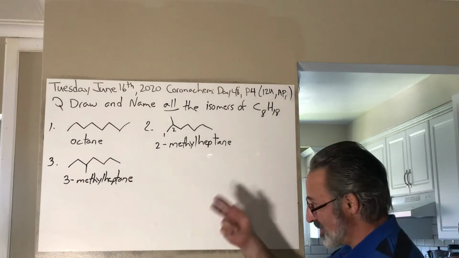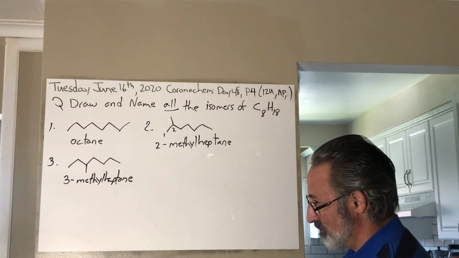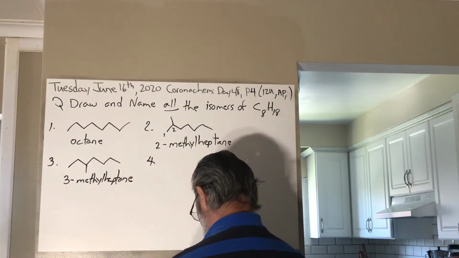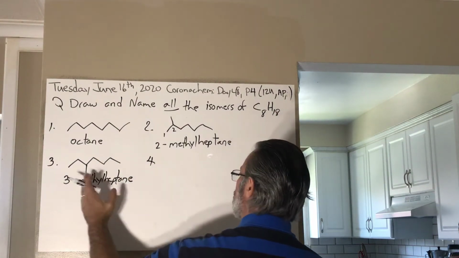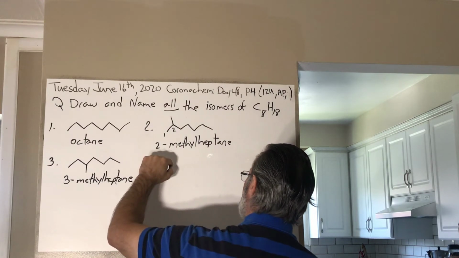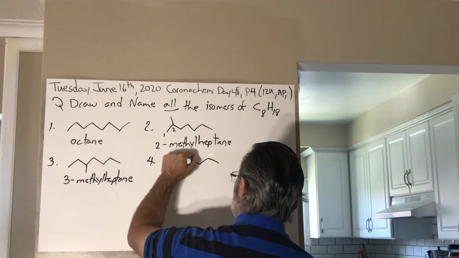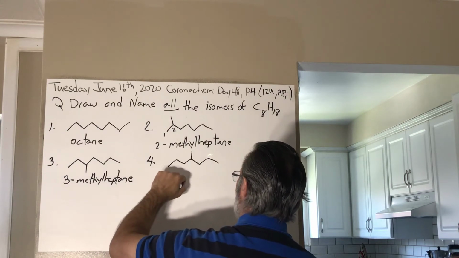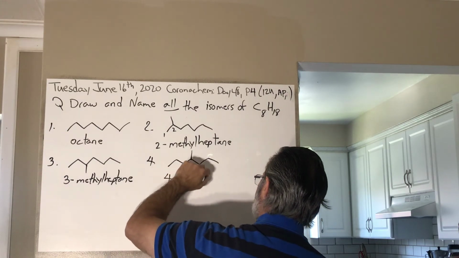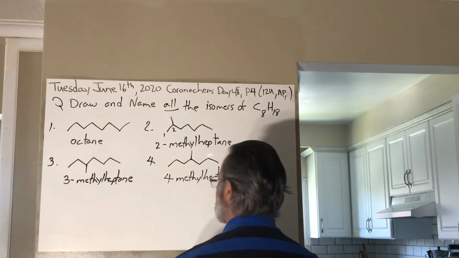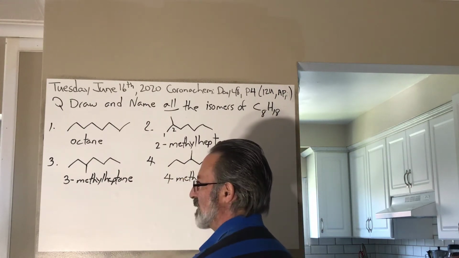Why you would want to separate these to that level, that's another story. Let's move that methyl group down the line. 1, 2, 3, 4, 5, 6, 7. Now we'll put it at the fourth position, so that's going to be called 4-methylheptane. Now you might be tempted to move it to the fifth position, but that would not be 5-methylheptane, because